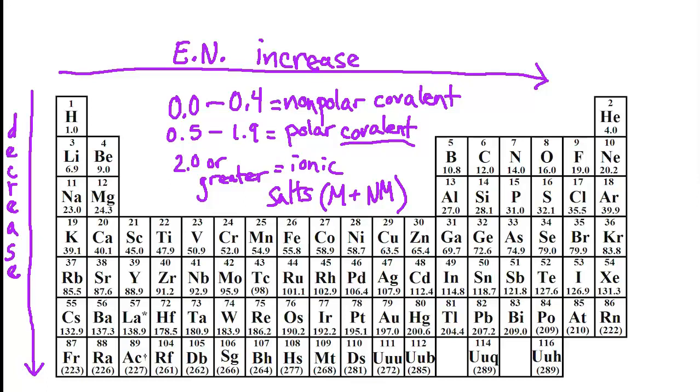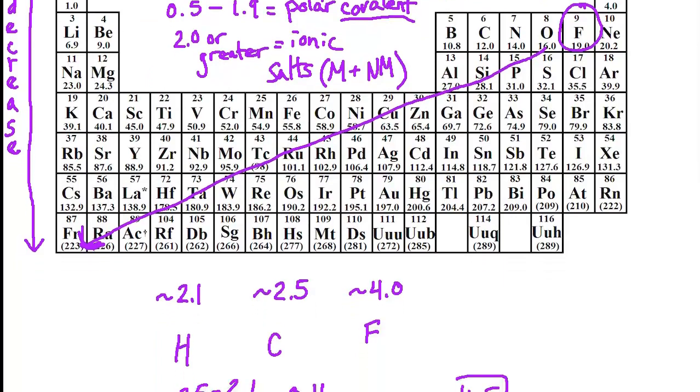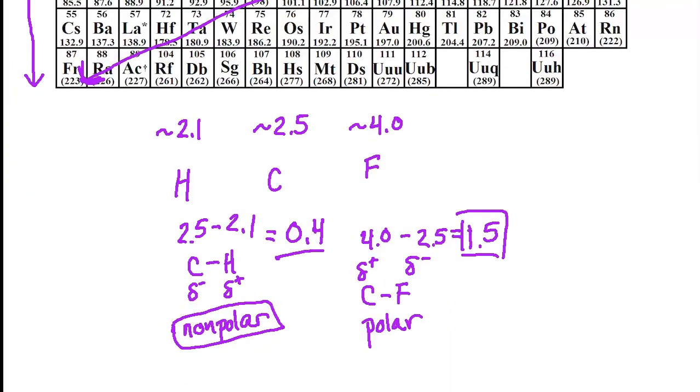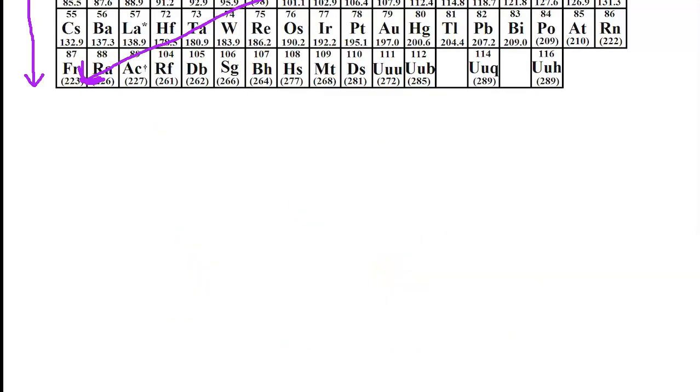So it is important to remember that fluorine is the most electronegative element, okay? And then we decrease as we go back down this way, or you can say that you increase as you're going up towards fluorine from the bottom corner. And that makes sense. The metals are going to be less electronegative. They are not going to hold on to electrons when they're involved in a bond very well. So just to recap that, and I know we mentioned it briefly before, when we're talking about electronegativity, electronegativity is really referring to how well an element or an atom is going to hold on to the electrons being shared